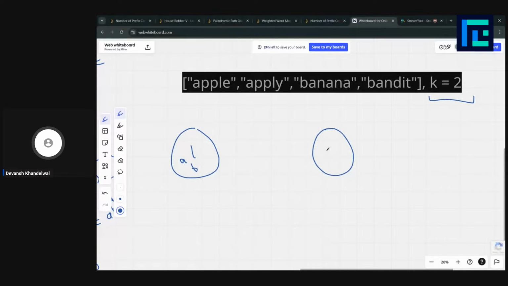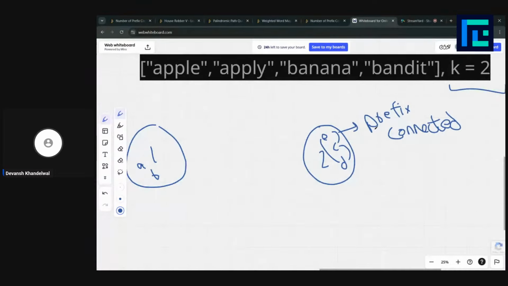And this is group 2, we have string C here, string D here. Let's say we even have E. Then C and D, C and E, or even E and D, any pair of strings should be prefix connected. What is prefix connected? It means that the prefix of length k, here 2, should be equal in both the strings.